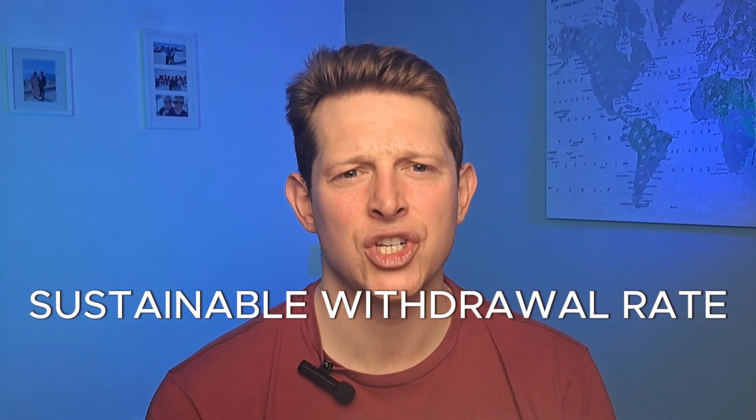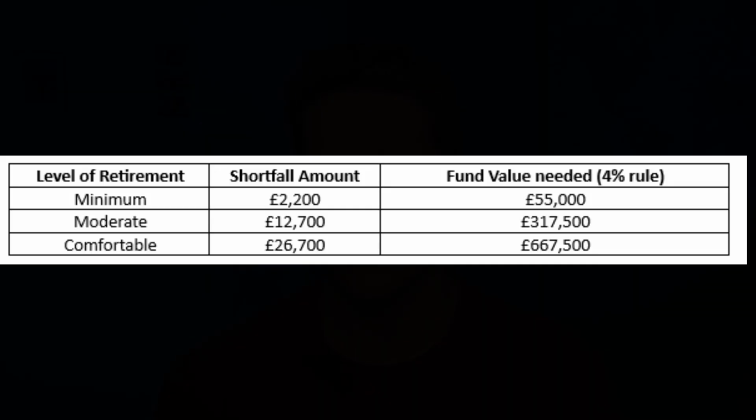To calculate how much you would need using the 4% rule, simply take the shortfall amount and divide it by 4%. So looking at the example for a minimum retirement, this would mean you'd need a private pension of £55,000, and so on and so forth. Coincidentally, the amounts from either the cash flow modelling scenario or the 4% rule produce relatively similar numbers by and large. Some would argue that 4% is too high,